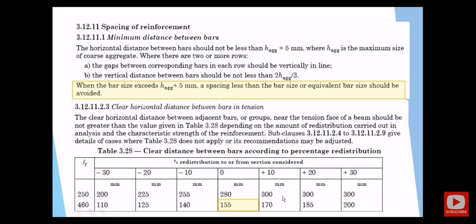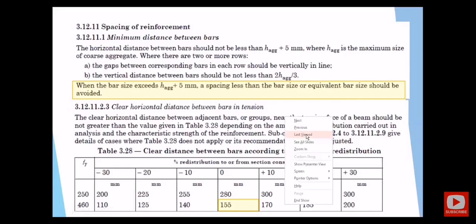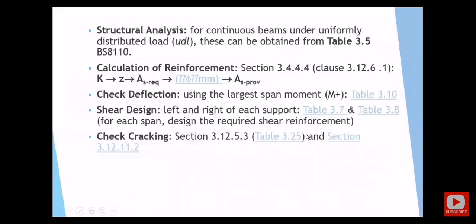Okay, how about the maximum spacing? Also, we have a maximum spacing between bars. The maximum spacing in a case of 460, if you assume no redistribution, the value will be 155 millimeter. So we have a range of the spacing. The minimum will be h aggregate plus 5 or phi diameter, whichever is greater, and usually this is about 25 millimeters. Okay, and the maximum spacing between bars shouldn't exceed 155 millimeter in a case of 460 steel, the high yield steel you are using. Okay, so between 25 and